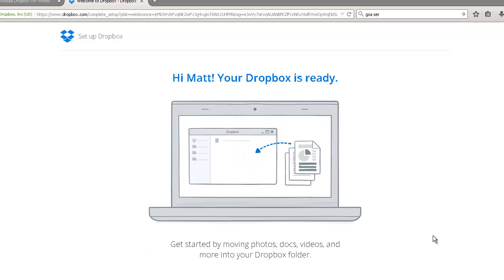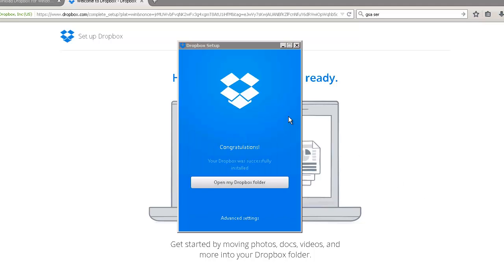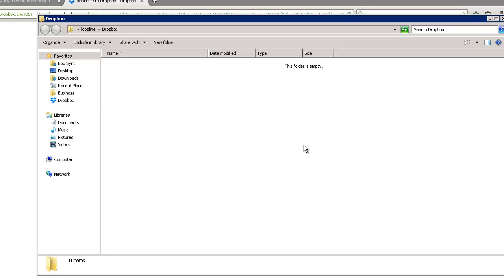Alright, so got it all installed. Everything's good to go. And then we have down here in the system tray the little icon, and it pops up here. And congratulations, we can view the advanced settings if we want, but I'm going to open the folder here. And in the Dropbox folder, we will see nothing yet because it's still syncing in,